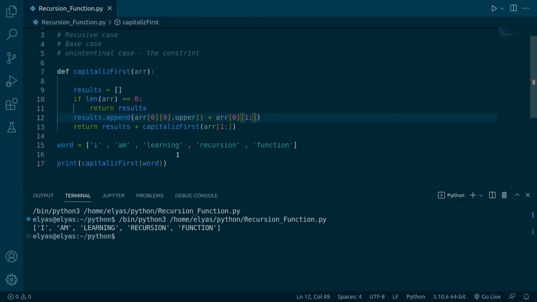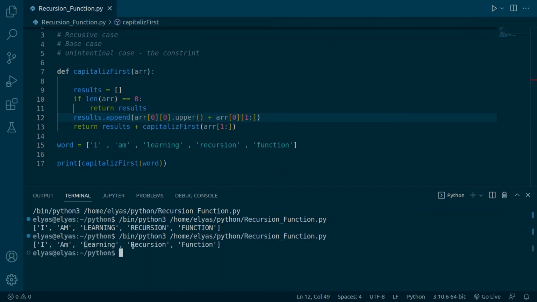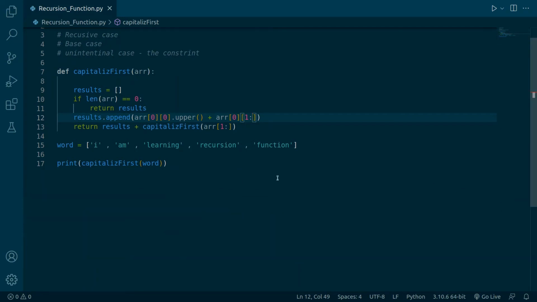Now if we see, just the first word has become capitalized. Yes, I am learning, the L is capitalized, recursion capitalized, functions capitalized. Okay, let's come to